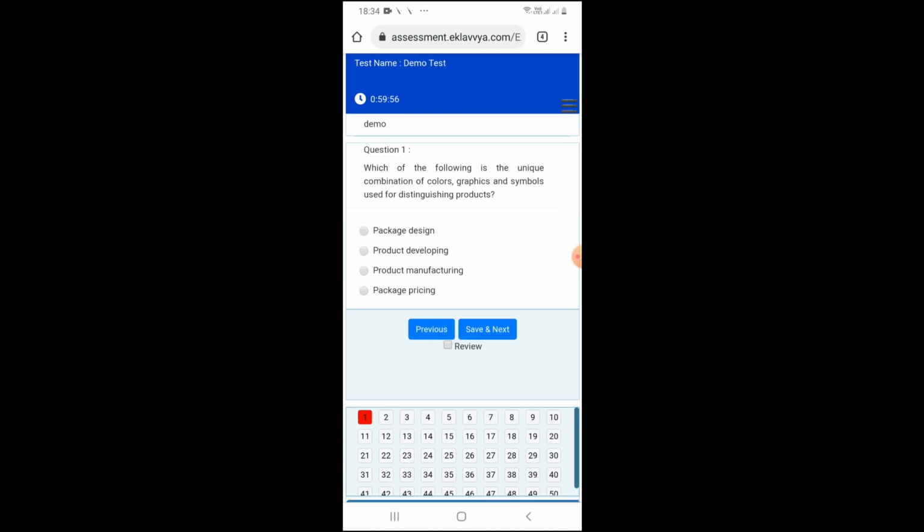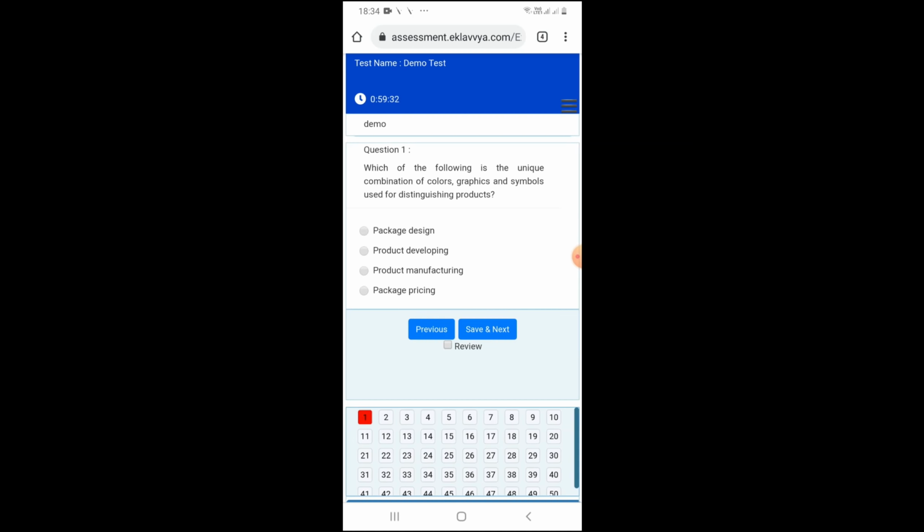The online examination page will open in front of you, where on the left hand top corner you can see the online exam timer. You need to keep track of this timer. As soon as this timer elapses, your online exam will be automatically marked as complete. So you need to ensure that you are attempting the maximum questions within the stipulated time of 60 minutes.